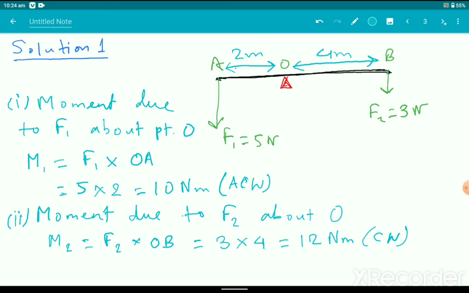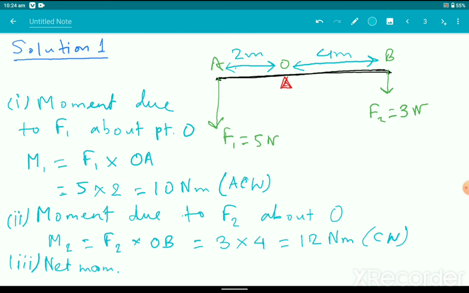Okay, and the third part of the problem says the net moment due to these two forces taken together. Then obviously the net moment will be the difference of these two moments, because these two moments are causing opposite direction rotation, isn't it? The F1 force is causing rotation in the anti-clockwise direction, whereas the F2 force is causing rotation in the clockwise direction. Hence the net moment, I can write it as